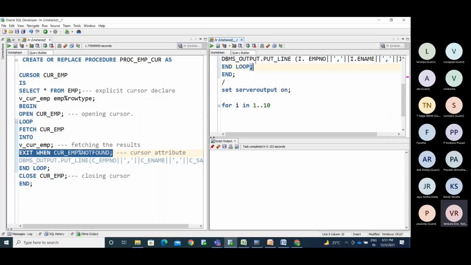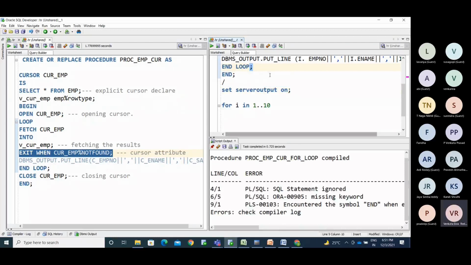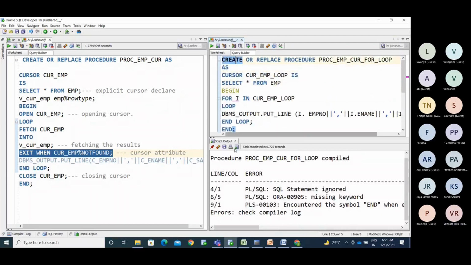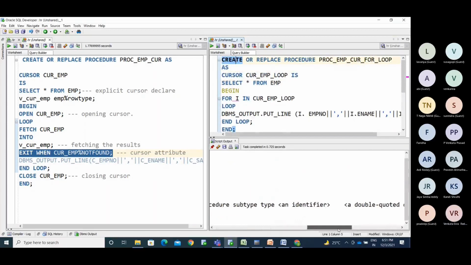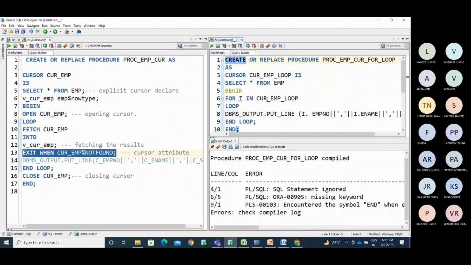Now I'm creating the procedure. I'm getting an error. What is that error? PLSQL statement ignored, missing IN keyword. It is showing line 9, position 1.